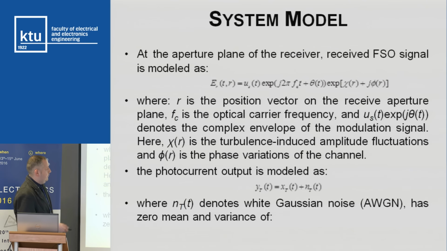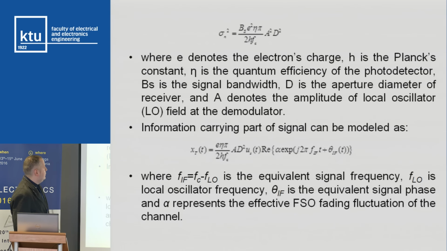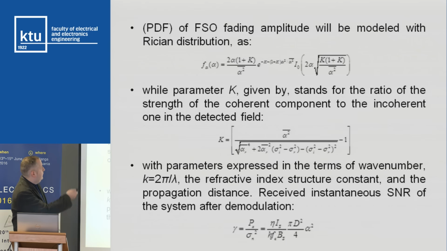In the paper you have all parameters explained, and so on. And this is how the information of the signal at the reception can be presented. These are optical frequencies, phase, and this is the model of scintillation